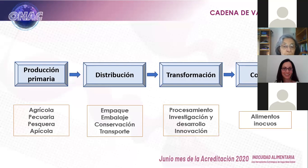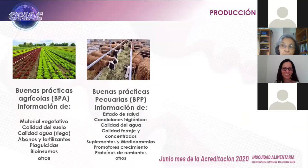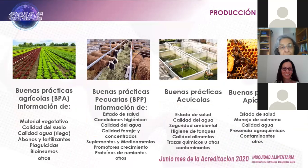In good livestock practices, we also have very important elements that need to be considered, where we have the assessment, from the standpoint of diagnosis, of the health status of those species that are eventually part of the beginning of the food chain for processing, the hygienic conditions where these animals are located, and also the quality of the water that is being provided, the forage and the feed that is provided, everything regarding supplements,